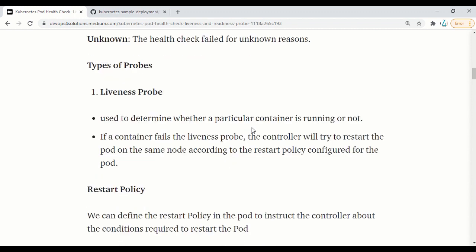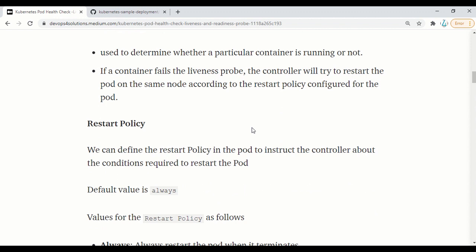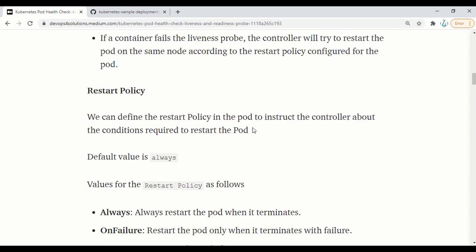When your container fails the liveness probe, what happens? Then the controller will try to restart the pod again and again according to the restart policy, whichever is configured in your YAML file. So what is the restart policy? We define in the configuration file on which condition we want to restart the pod.